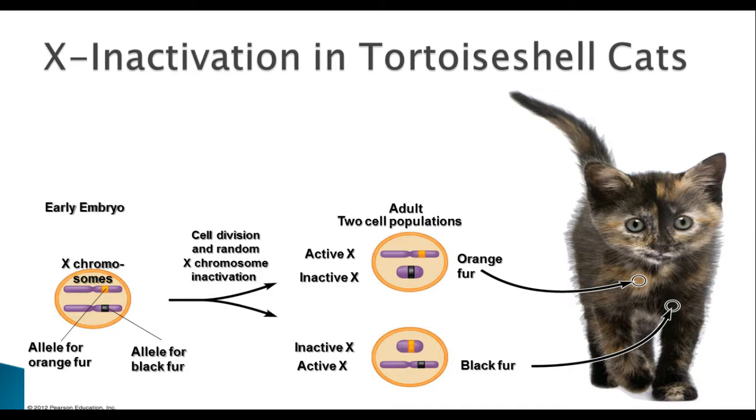Another thing that you might know about cats is calico cats. Calico cats have 3 fur colors, and the only way they can have that is if they have 3 X chromosomes. If you have 3 X chromosomes in a female, then that's okay, because again, you only need 1. You've got 1, the others will get turned off most of the time, but you have patches where different ones are turned off. And so most of the time when you see a calico cat, you'll know that it would be female, because that's the most common way for it to happen.